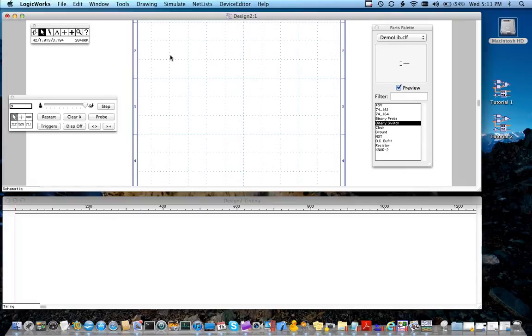So to start with, we'll build a very simple circuit. We're going to grab this open collector buffer and place it right about there. Then we're going to put a binary probe on it and pull it out a bit to make it look a bit better. And we're going to put a switch on the other side. Now we'll flip the switch, and you'll notice that the output from the open collector buffer goes